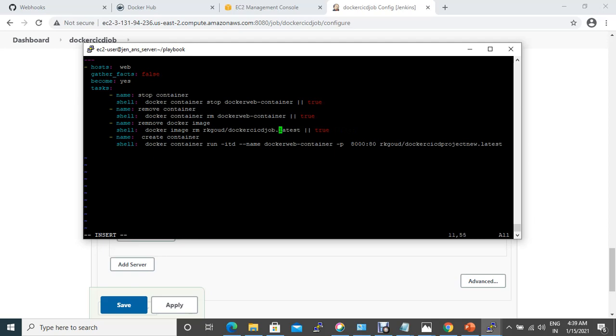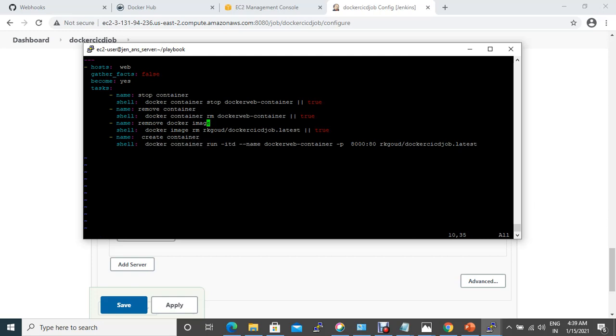Okay, it's Docker CICD job dot latest. Basically, it will create a container with a Docker container run command with the ITD option with